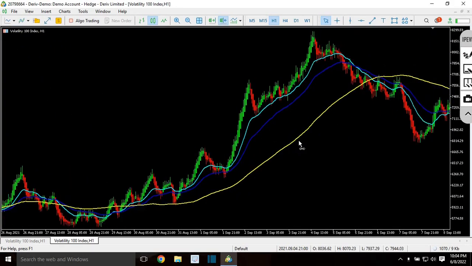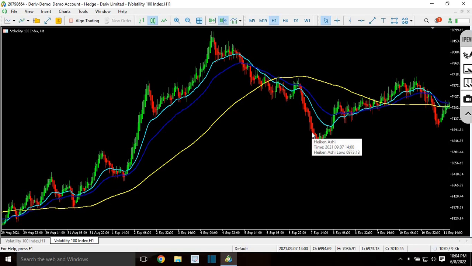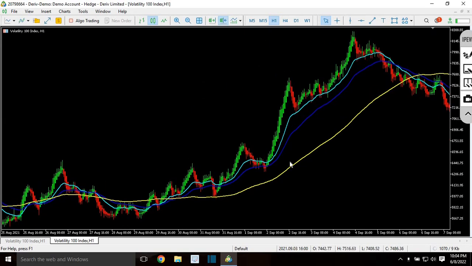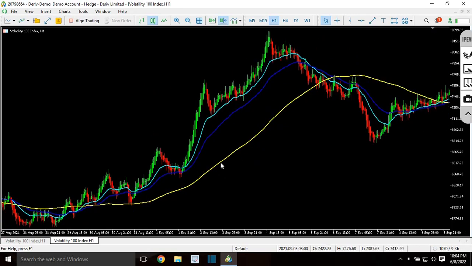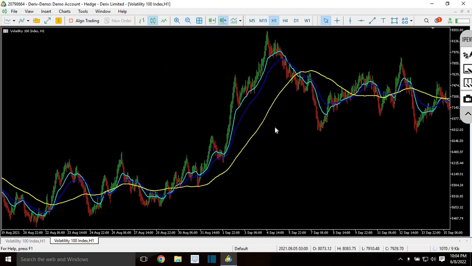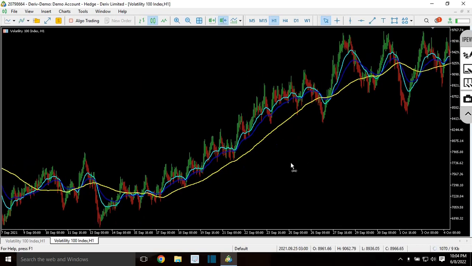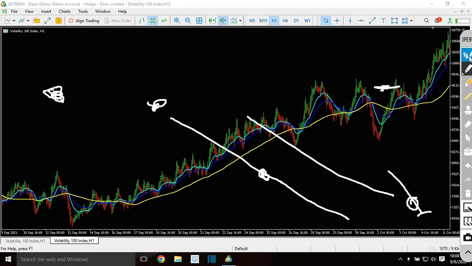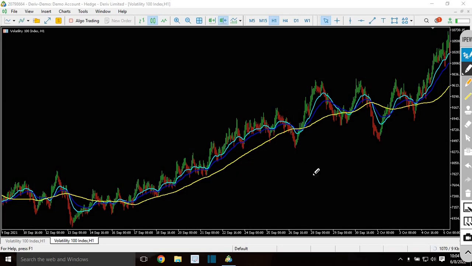So it all goes to which type of trader that you are. If you're a short term trader, that means you're in the market for a few hours and exit with a profit. Or if you are a long term trend following type of trader, that means you would buy, for example, right here, and have your trend